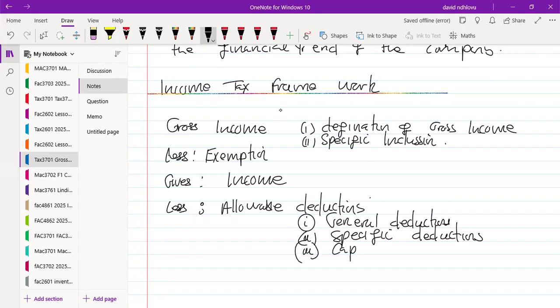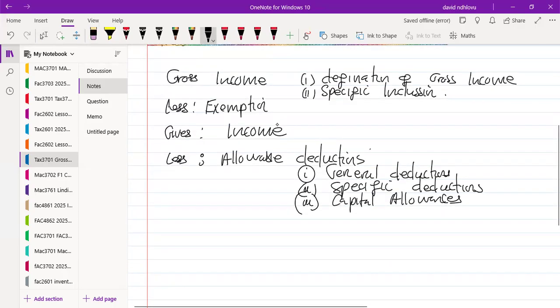Then we have what we call capital allowances. Capital allowances are similar to what we call depreciation in accounting. There is no depreciation in taxation, but we have capital allowances. SARS has got its own way of calculating what we normally call depreciation in accounting. It's called capital allowance. Usually for a particular asset, the way of calculation in taxation and the figure may differ from accounting, but we do have capital allowances. So once we remove the allowances, this is going to give you the taxable income